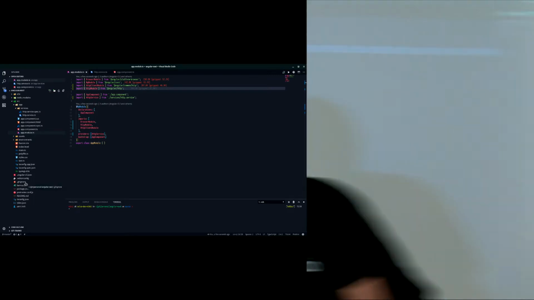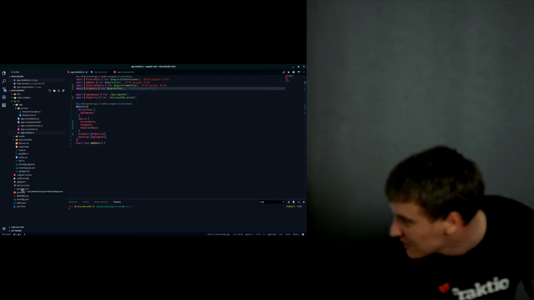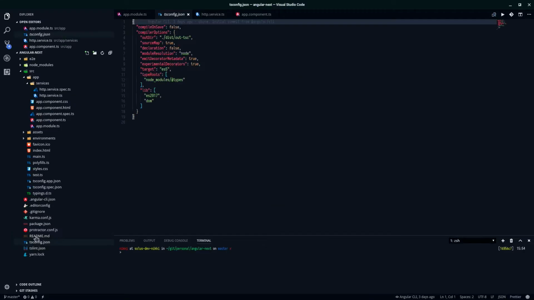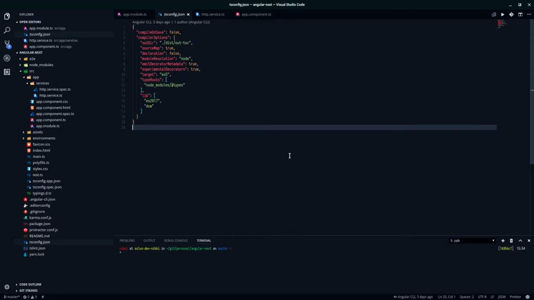Now, unfortunately, I don't have the mirror working, so this is going to be me looking like this back and forth all the time. But this is basically TypeScript